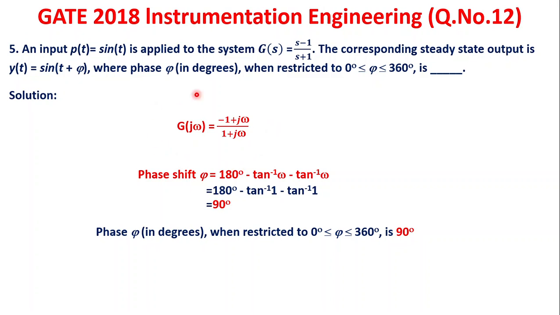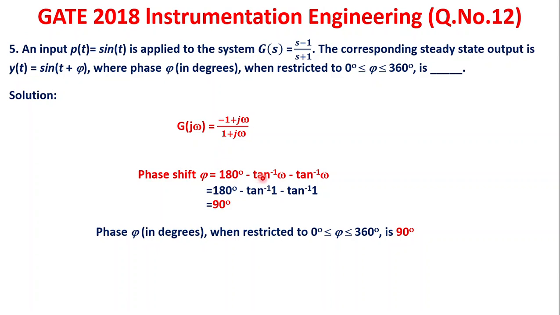First you write the sinusoidal transfer function form. Now they are asking the angle. So what is the phase shift? The input is sin omega t, and the output is sin of omega t plus 5. So omega is 1. So for the phase shift, minus 1 plus j omega means the point is in the second quadrant. Therefore, whatever angle we calculate, tan inverse of omega by 1, you do without the minus sign.